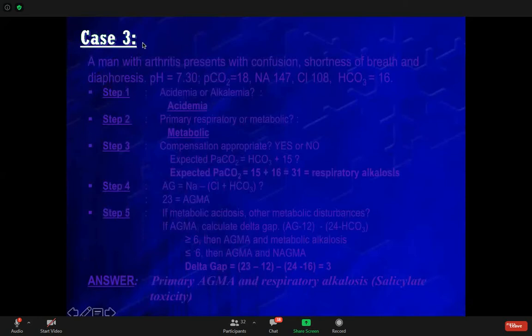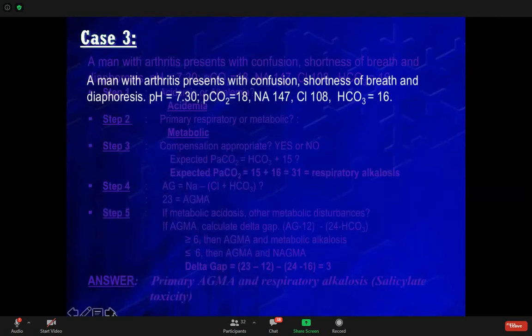Okay. Case number 3. Anyone want to take it? السلام عليكم دكتور. وعليكم السلام. هلا معتز. سعد؟